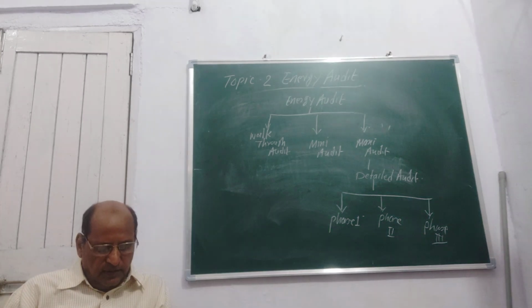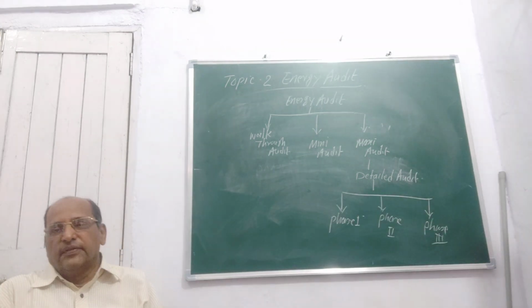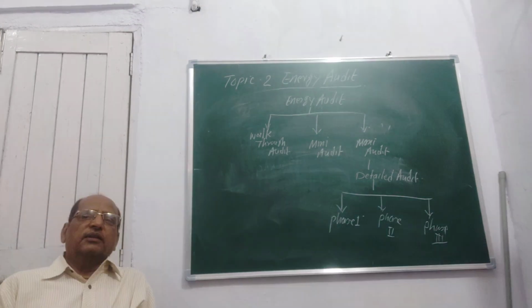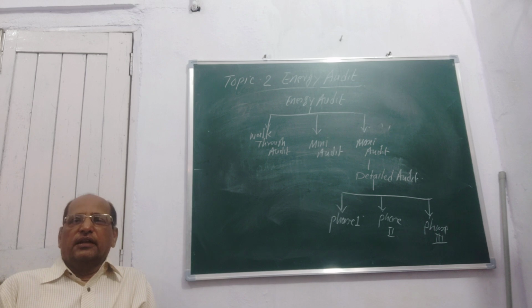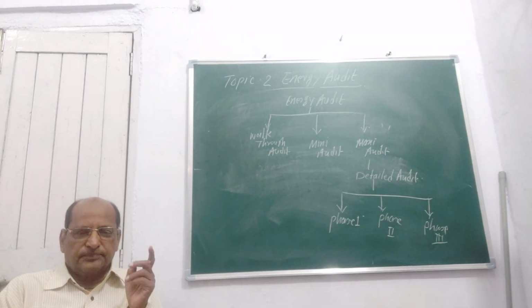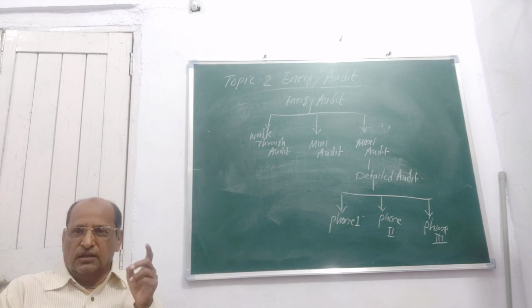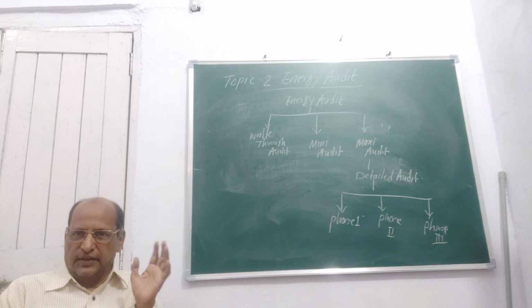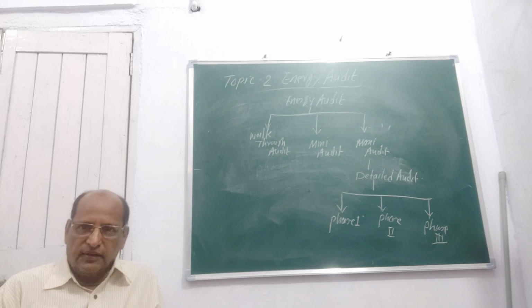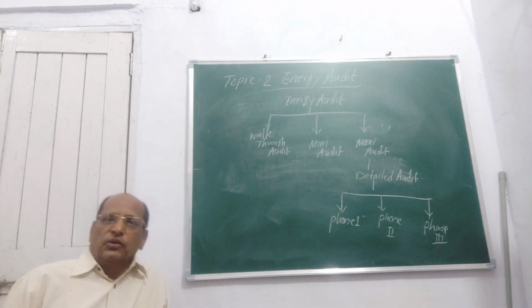Now the next point is to collect the data which is easily available. There are some data which are easily available, so you collect those data: the rating of each motor, the rating of the transformer, the rating of the ovens and these furnaces. Then other electricity loads are there. Then find out their rating, in terms of either horsepower or kilowatt.